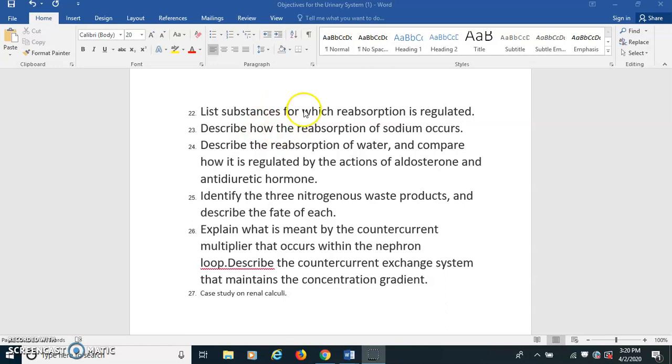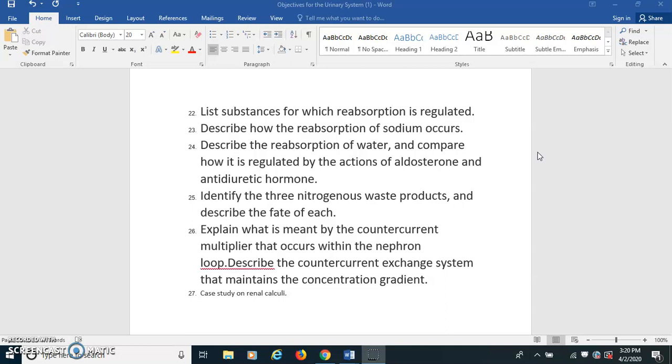And we're going to talk about the substances that are regulated. They're not all completely reabsorbed, so their reabsorption depends on what the body needs to keep the right amount in the blood. We'll talk about ones that are regulated, and then we'll focus on sodium and water. Substances whose reabsorption is regulated are definitely sodium and water,